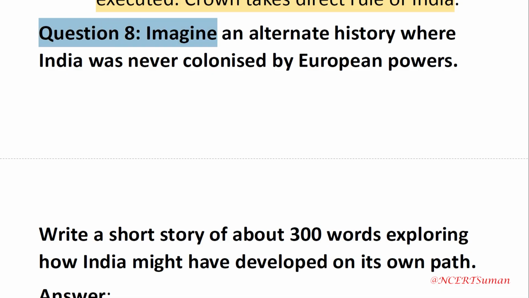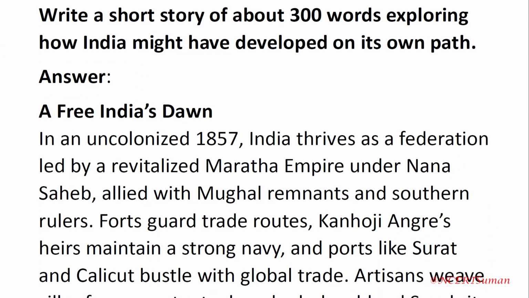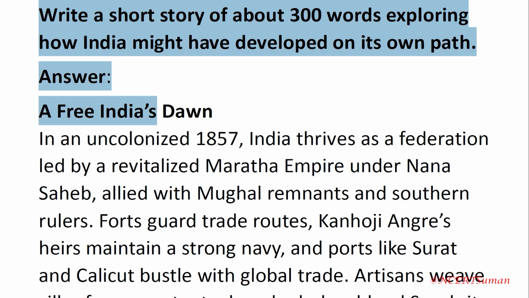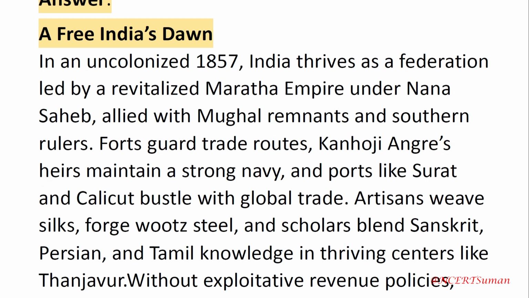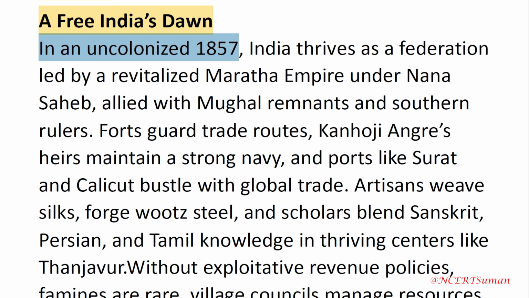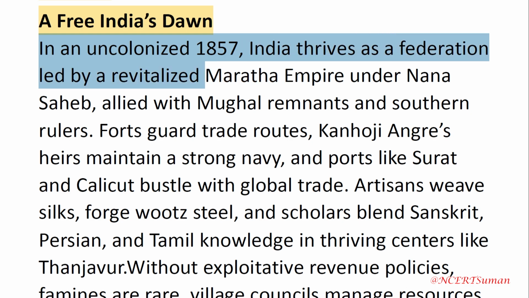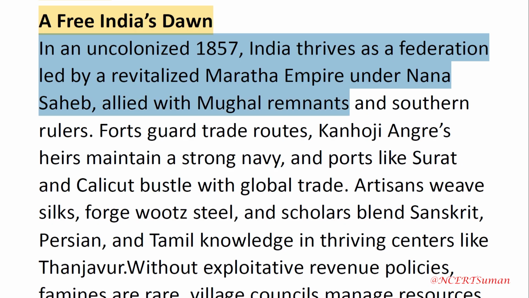Question 8. Imagine an alternate history where India was never colonized by European powers. Write a short story of about 300 words exploring how India might have developed on its own path. Answer: a free India's dawn in an uncolonized 1857. India thrives as a federation led by a revitalized Maratha Empire under Nana Sahib, allied with Mughal remnants and southern